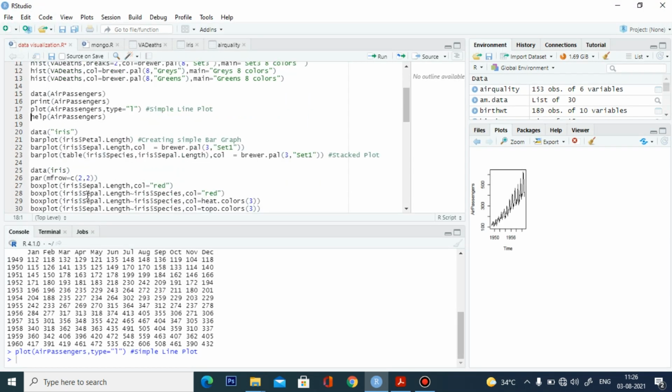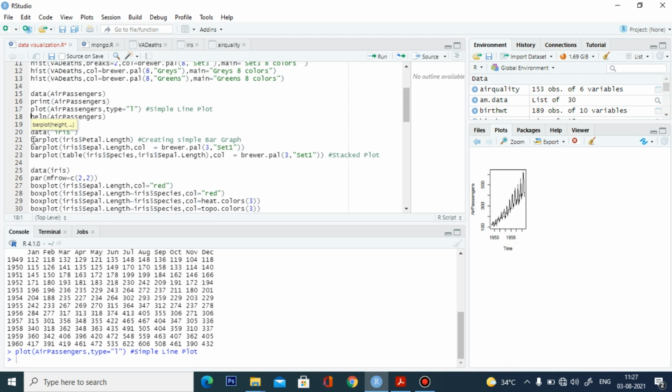And the third technique is a bar plot. A bar plot is used for showing the comparison between cumulative totals across several groups. Here we have two bar plots: one is a normal bar chart, and another one is a stacked plot, which is used for bar plots across various categories.